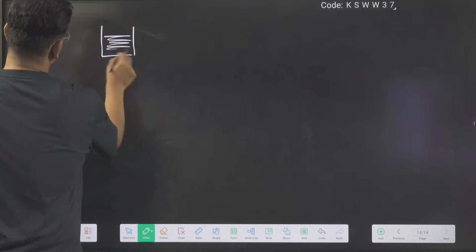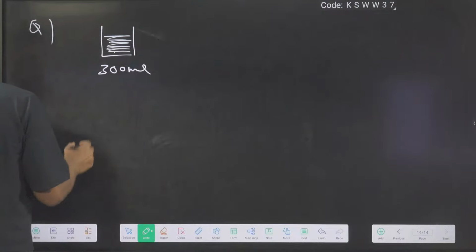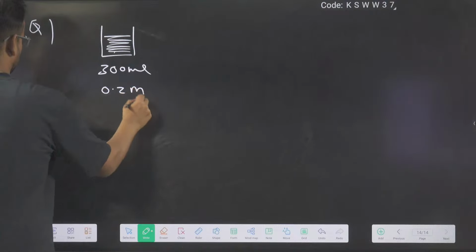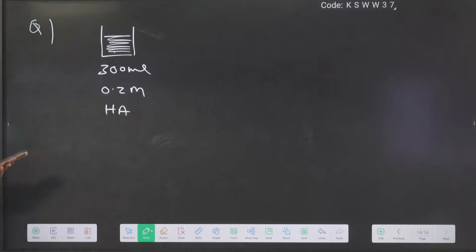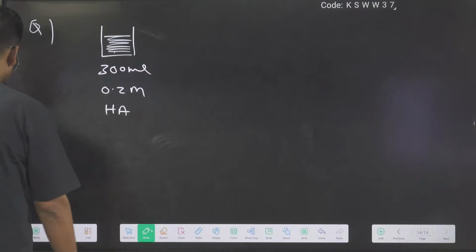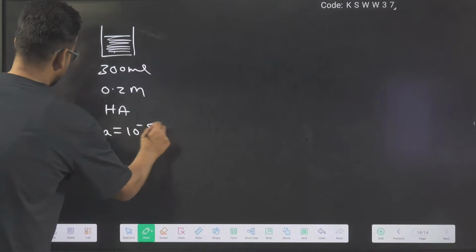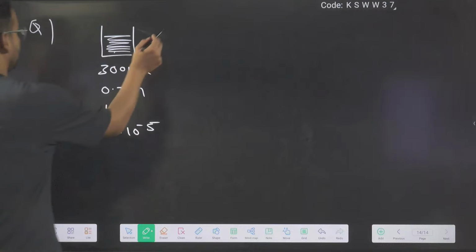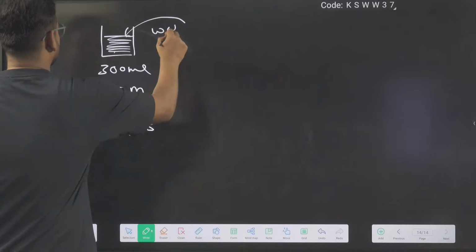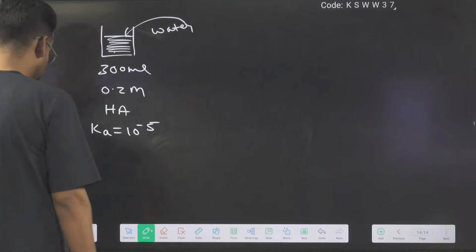So we have 300 ml of 0.2 molar weak monoprotic acid solution. Okay. Ka is 10 to the power minus 5. Again, the question is asking how much water should be added